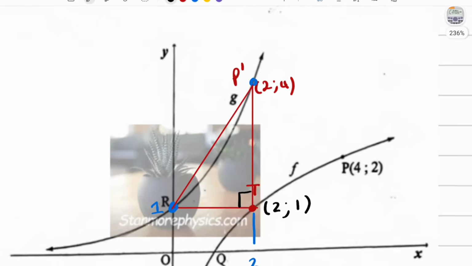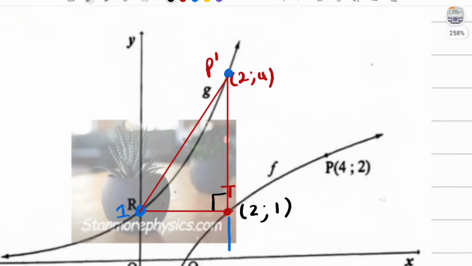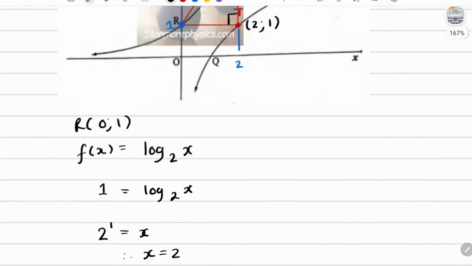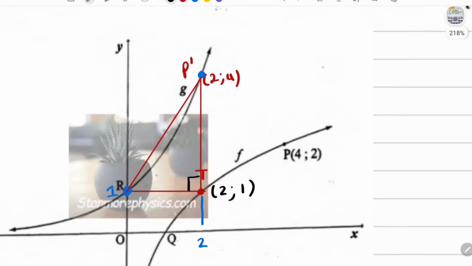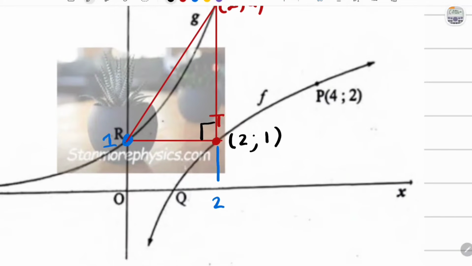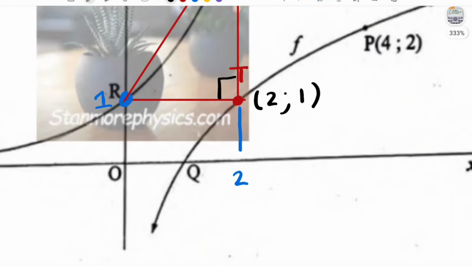They asked us to find the area, and we can use the rule 1/2 times the base times the height. That's what we can use. So I'm saying the area of triangle RTP prime is equal to 1/2 times our base times our height. So we just have to find the base and the height. The height is going to be super easy to find, and also the base, because this is a flat line. So we don't need to use any distance formula. Here's the reason I say so. You see that the base,